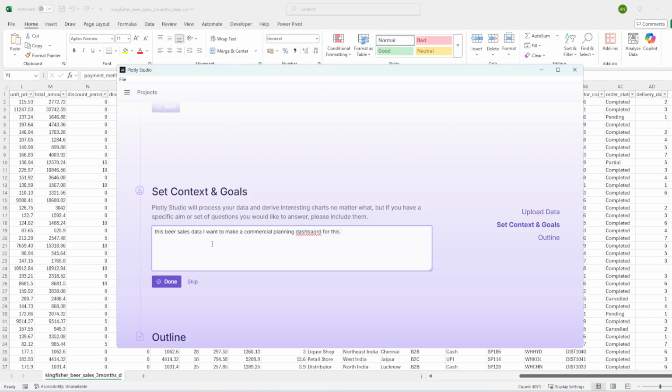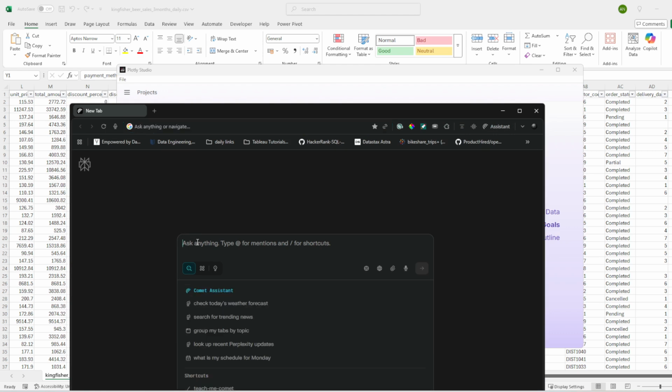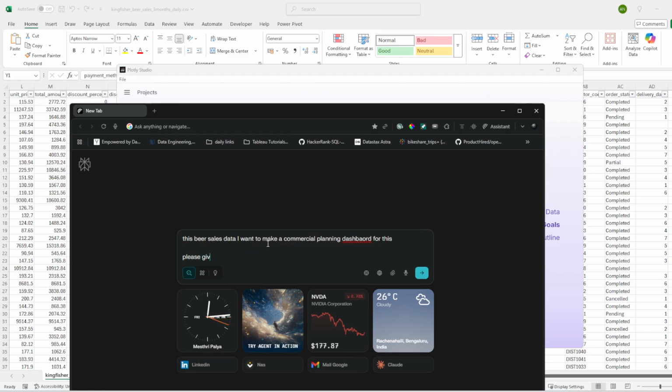So just to enhance this prompt, I'm using one language model which is very popular these days in India. It's called Perplexity. So I'm putting here, and please give me an enhanced prompt to make a